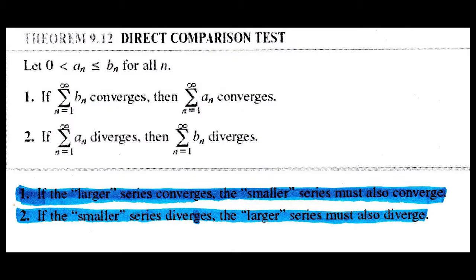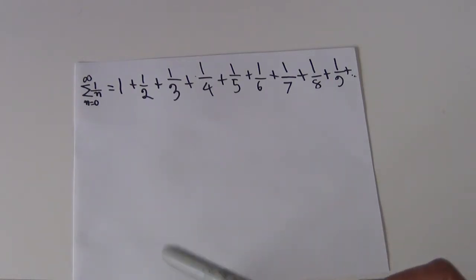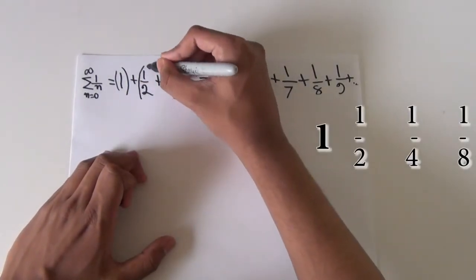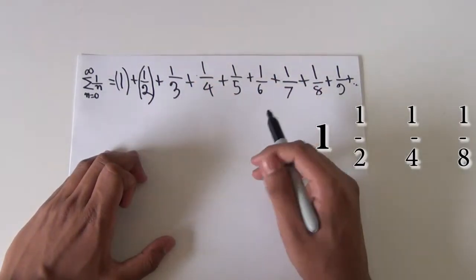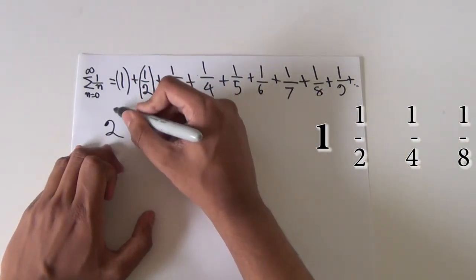So right now what we're trying to do is write a series that is smaller than the harmonic series. And if we can prove that the smaller series diverges, then the larger series, the harmonic series, also diverges. The first step in doing that is grouping them. This is where it gets a bit confusing, but you should be able to understand it. We need to group them by looking at all the 1/2 terms.